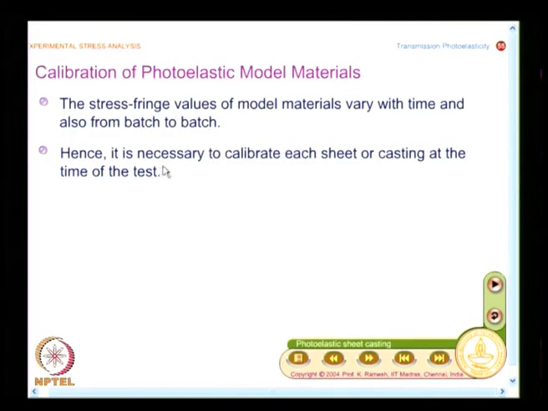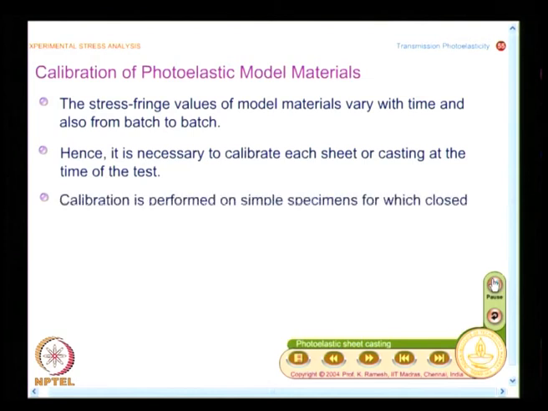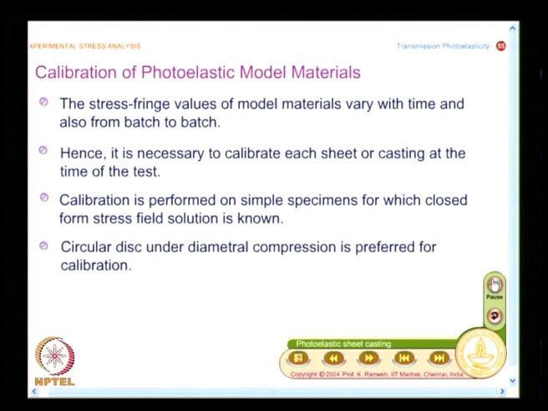So, you need to calibrate each sheet or casting at the time of the test. And what is the thumb rule? When I have to do this, my focus is on finding out f sigma. So, I need to do it on a model for which closed form stress field solution is known, because I should conduct the experiment as accurately as possible, so that I follow all the restrictions on loading and